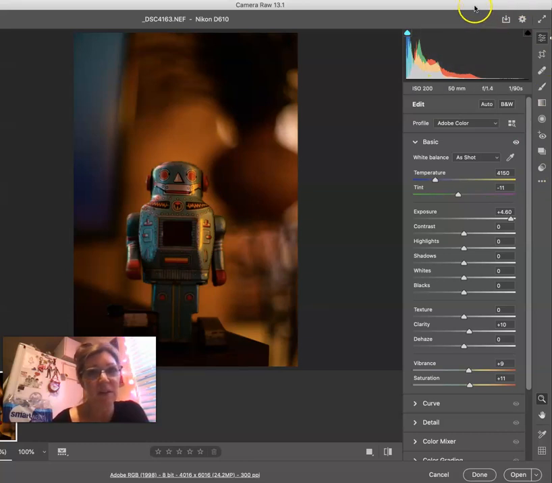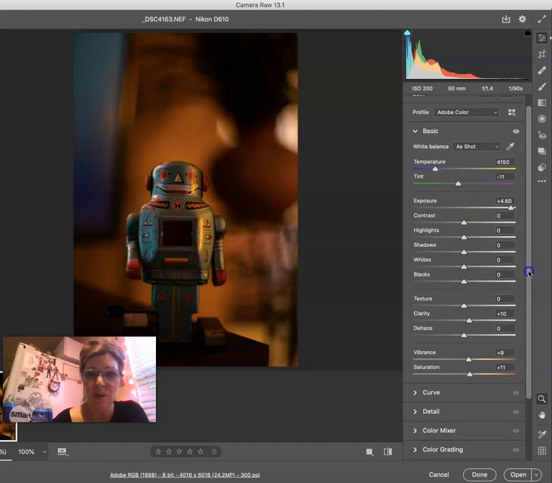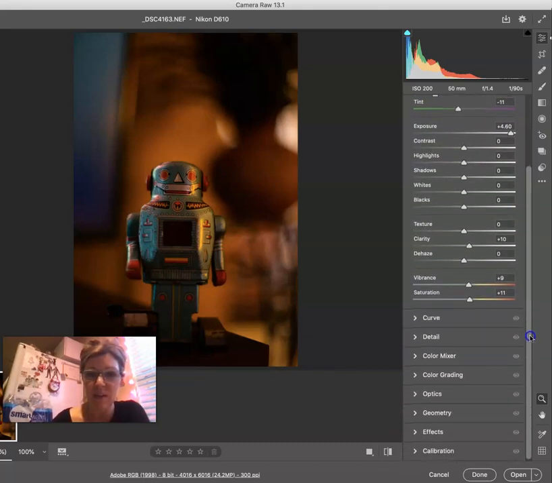Even if it's very dark, you can come in Camera Raw and increase the exposure as much as you need to get the picture that you want. And all that I did, I increased the clarity a little bit, how clear the photo is, the vibrance of the colors, the saturation of the colors. And then I just click open,